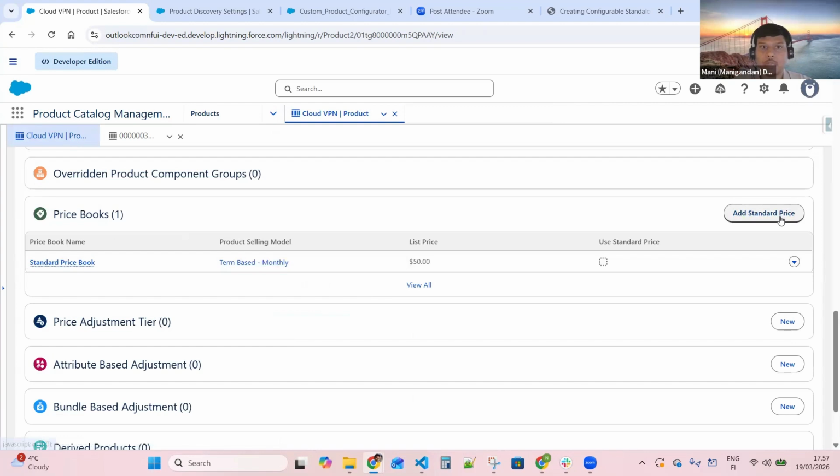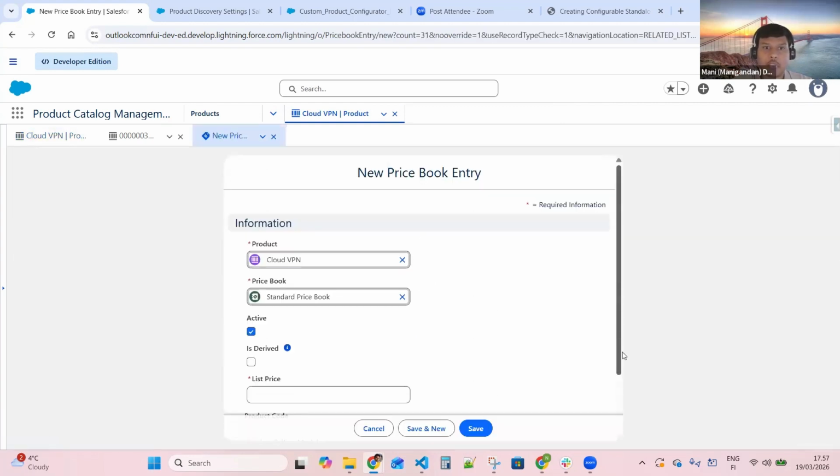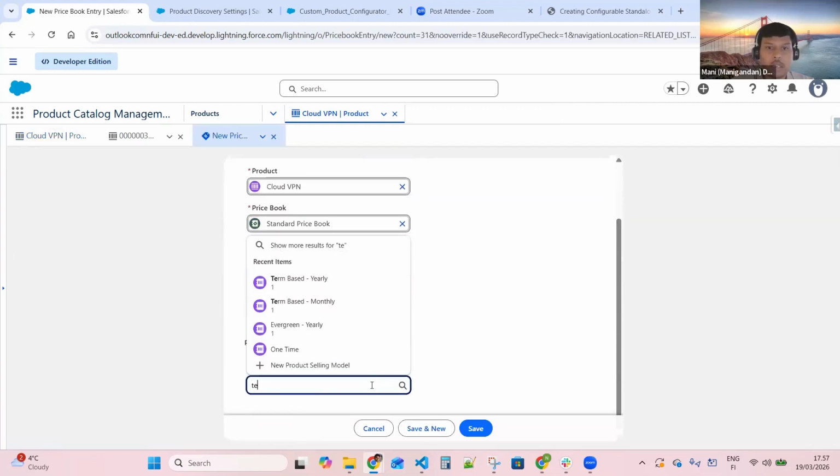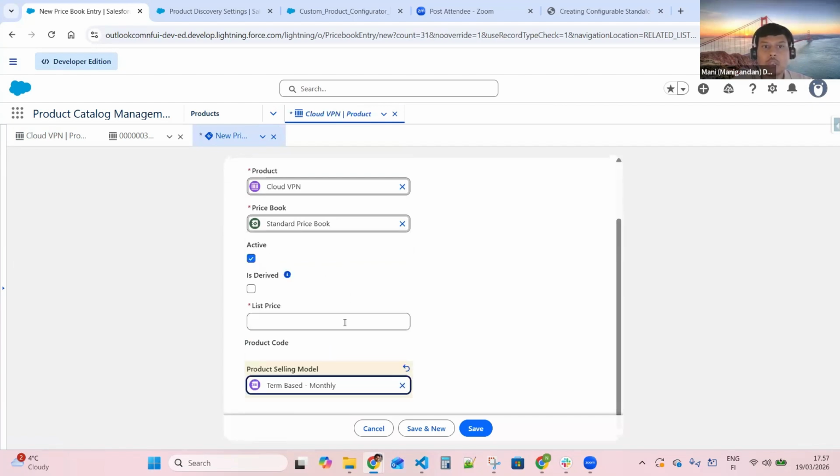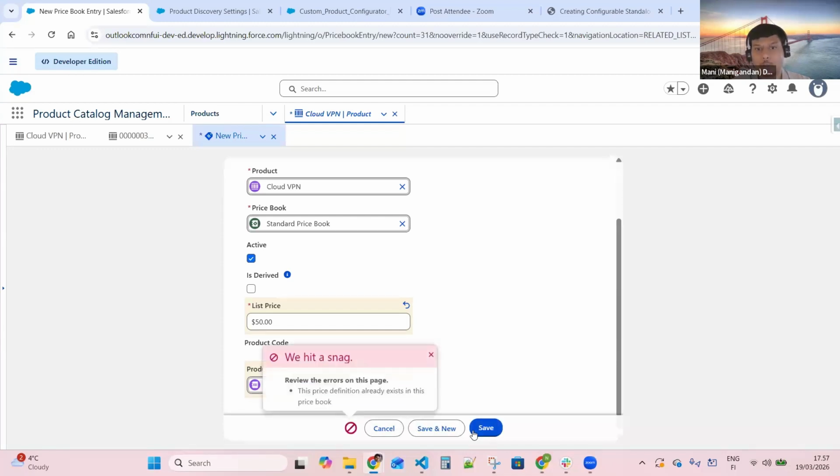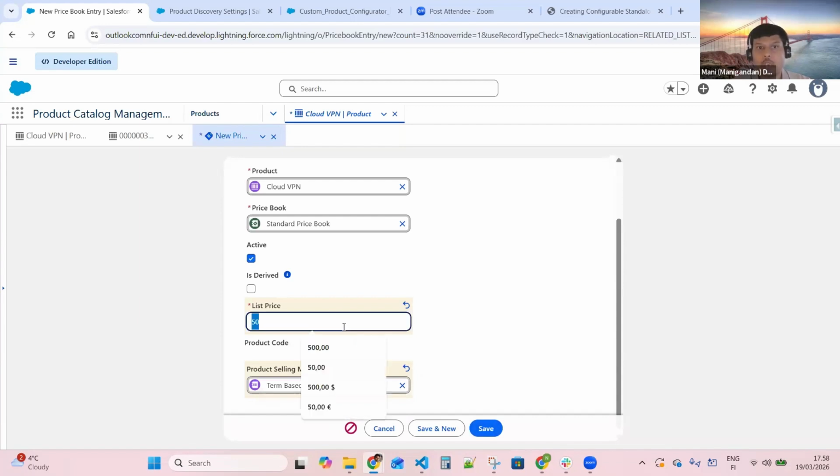Term-based monthly, 50. Now I'll try to add the same term-based monthly again, 50, because I forgot whether I had added this configuration or not. Without creating a duplicate option, Salesforce will complain that the price definition already exists in this price book for the selling model. So because term-based monthly is already configured, for the annual,